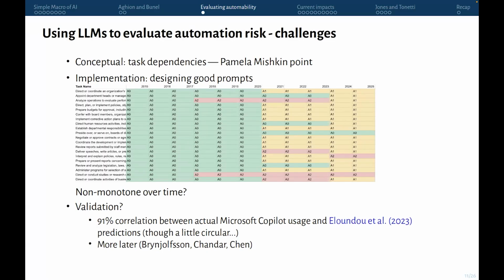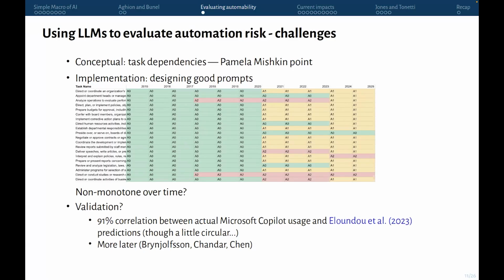But even asking it about the past runs into difficulty. So again, this was just a first pass that I took at it, but I just wanted to highlight an issue that came up. The green ones here are least exposed, the red ones are most exposed, and the yellow ones are in between. And you run into this non-linearity. So for example, this task went from green to red back to yellow, which doesn't make sense, obviously. So you have to be a little careful about how you design these prompts.